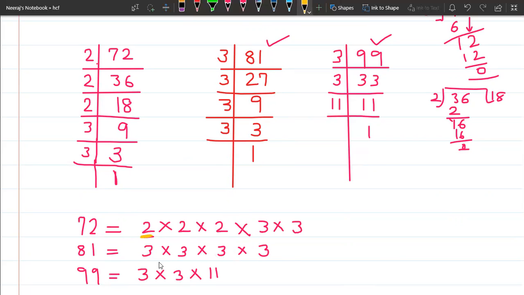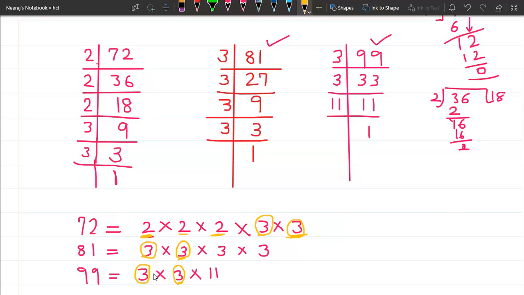So we cannot see the 2 over here, so we will leave that number. So 2 is not present in 81 and 99, leave it. So we need not check the number 2. So we'll start from 3. I can see that 3 is present in all. So you have to take only 1. If you are selecting one 3 from 72, you have to select one 3 from 81. So we will circle the 3 present in all 3 numbers, that is 72, 81 and 99. Now the next, again I can see that 3 is also present in all 3 numbers. Now circle it. You have to circle only those numbers which are present in all the numbers, that is 72, 81 and 99.